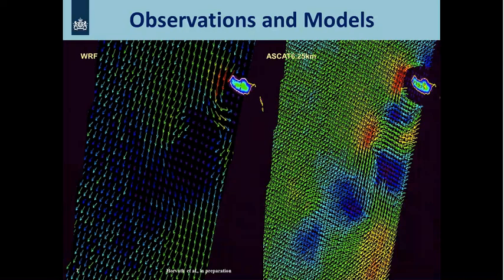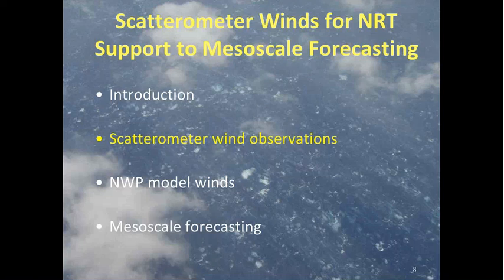In fact, the difference between the observations and the model is even bigger than in the ECMWF model, although the model has more small-scale structure. This is, of course, the problem of high-resolution modeling: you do not always have enough observations to initialize the state of the atmosphere. So we have to deal with this. So let's go to scatterometer or wind observations to see what they are and how they can be used.